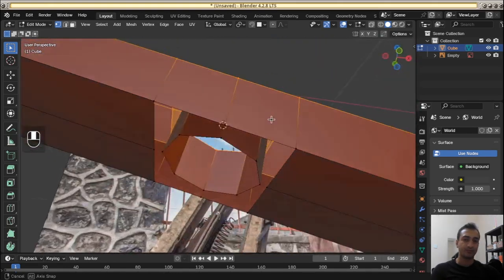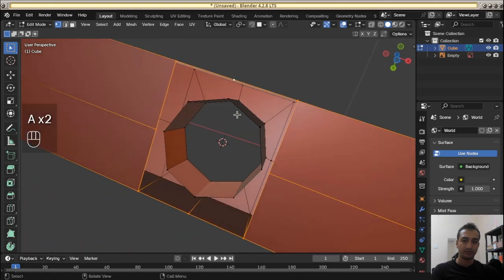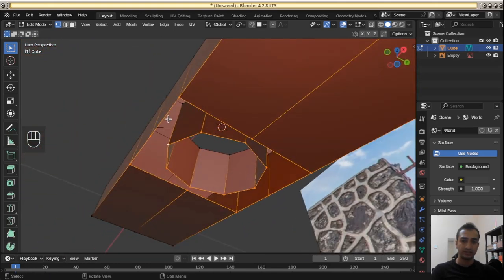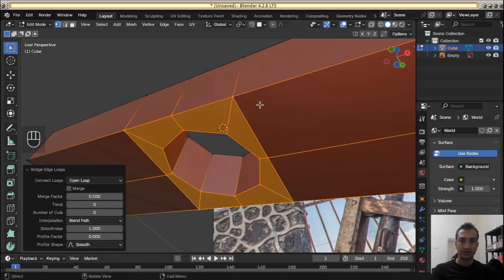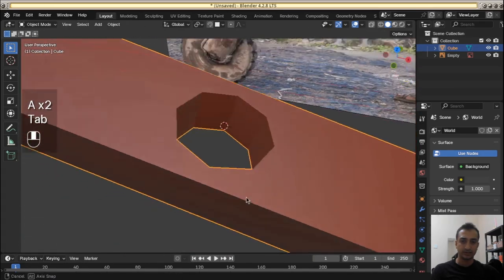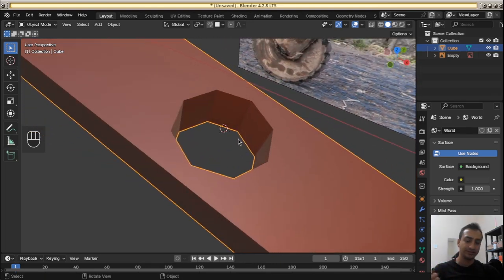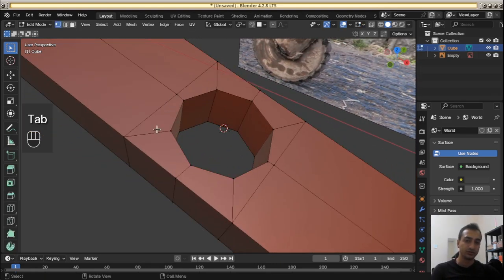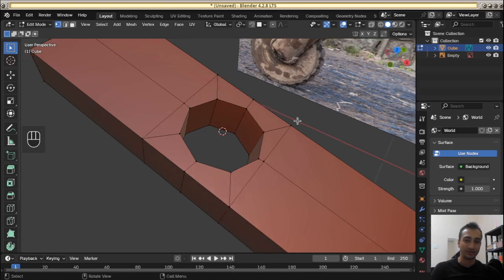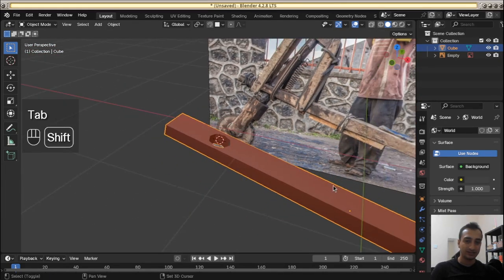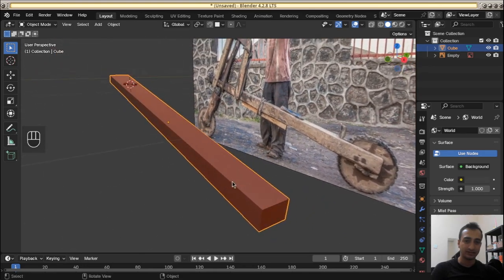So yeah, let's just do it at the bottom as well. We choose those vertices, we choose those vertices, and then I'm going to choose bridge edge loops, and fantastic. We now created a very nicely shaped drilled hole through the front part, and it has a good topology, right? It has a very good topology as far as I am aware. I'm pretty sure there are other people out there who will say that no, this is not a very good topology, there could be a better way to do it, but for our purposes this should be enough. So great, let's now create the recess slot at the rear end